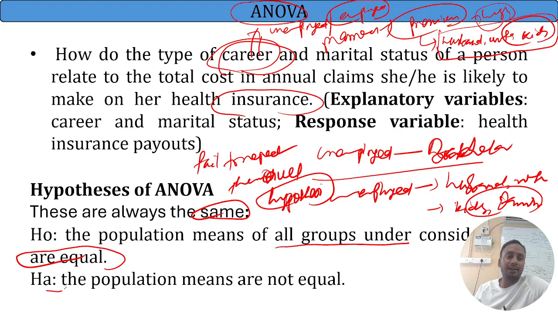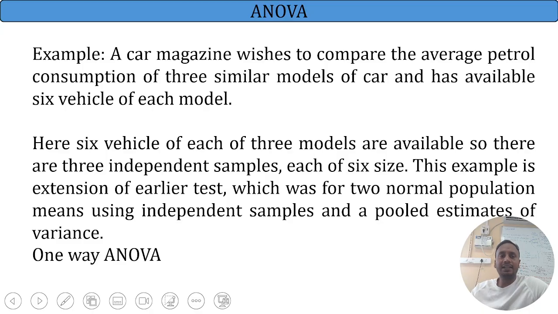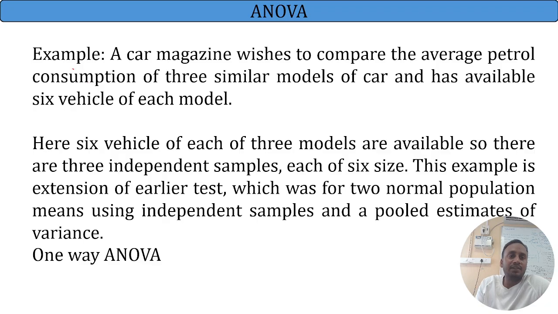So what will the alternate hypothesis be? That the population means are not all equal. That is the obvious thing we'll be having. Then after that, we'll see what the example is. A car magazine is going to wish to compare some sort of